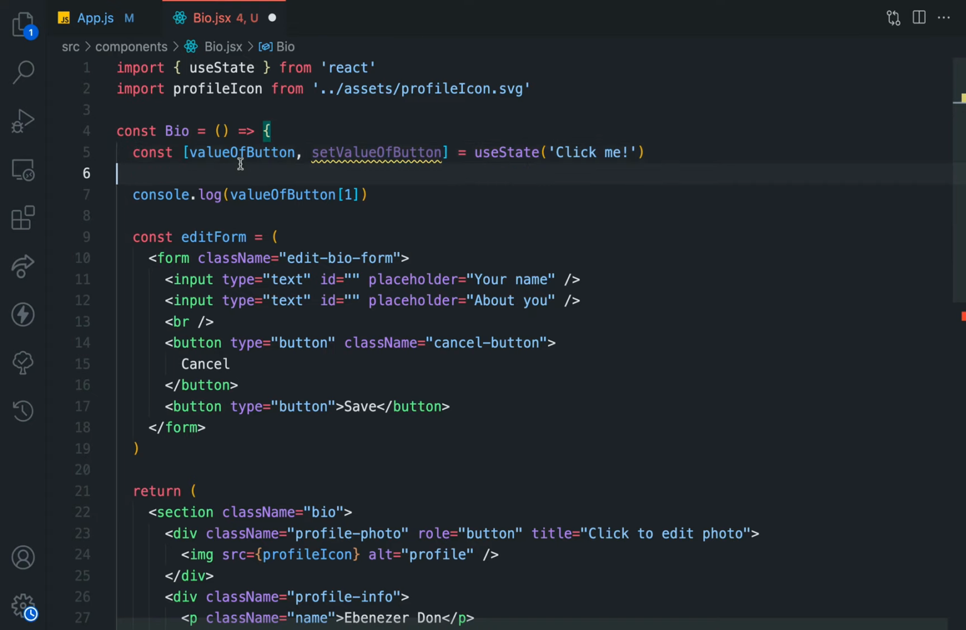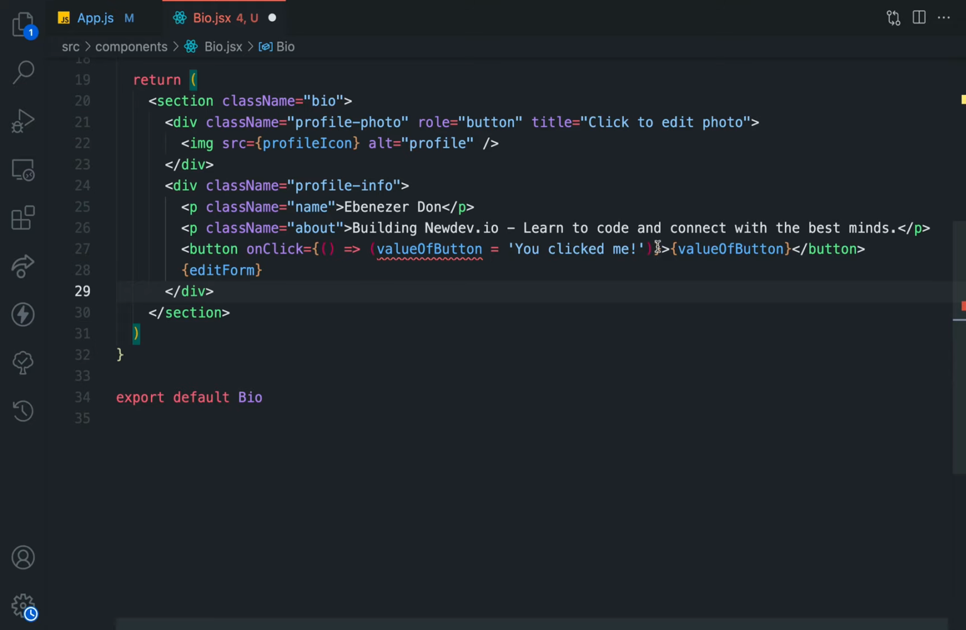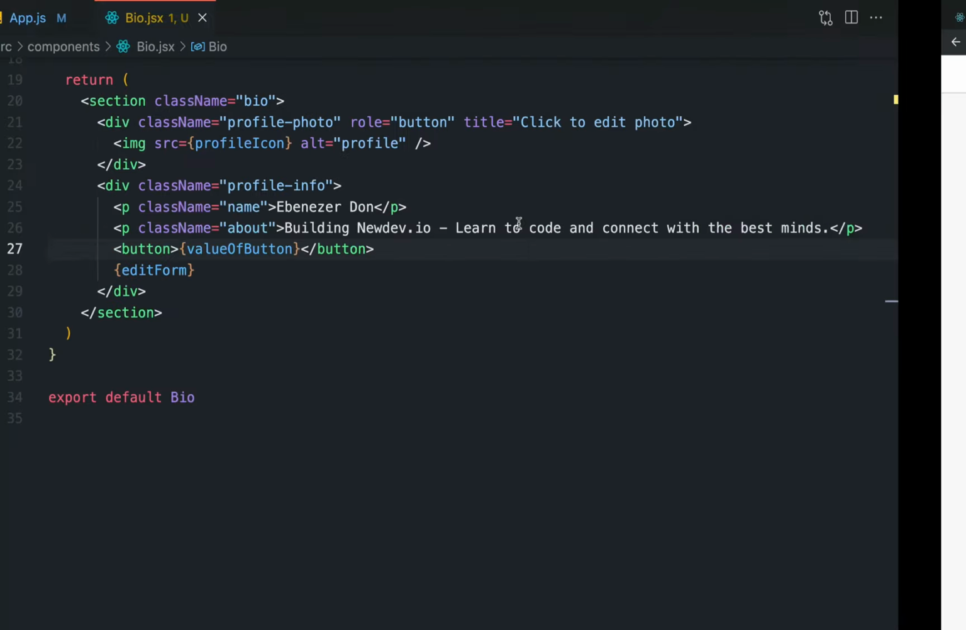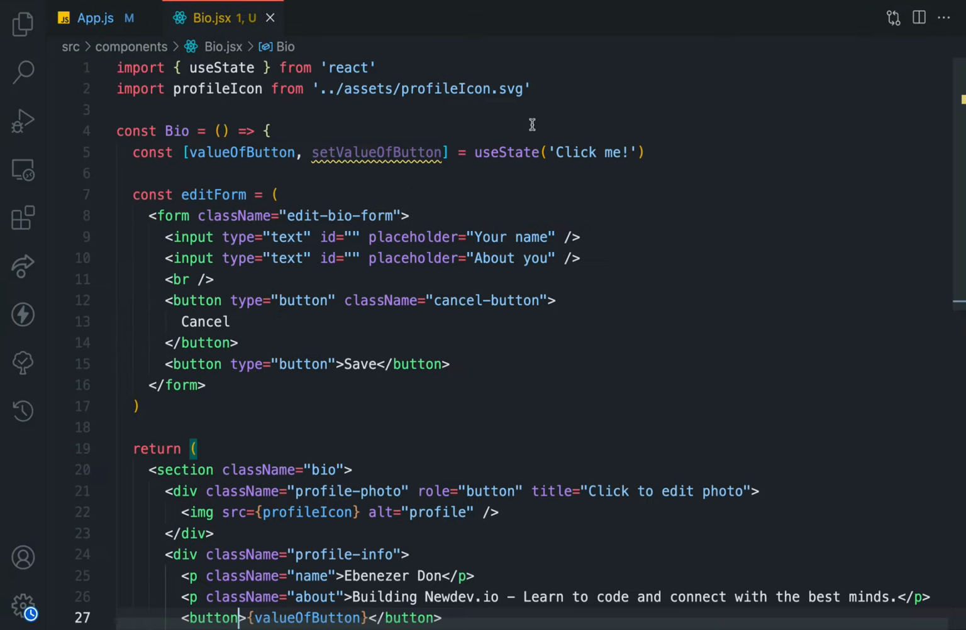Now we have two different variables. We have the value of button variable, which is the actual value of a button, and then the second element in the array is the function which we're going to use to update our state. So if we come back to our edit button, and let's just remove the set value of button event listener for now, so that we have only value of button, and we go back to a browser, look at this, we have click me